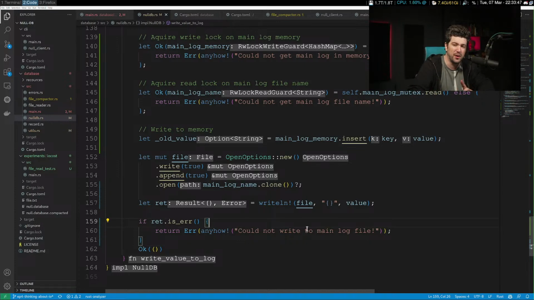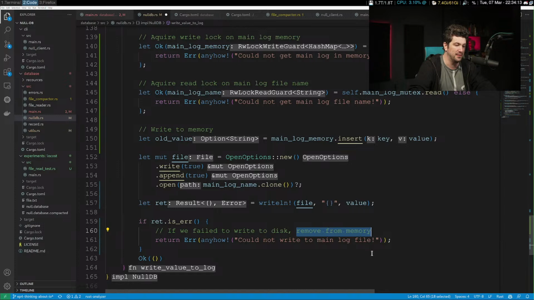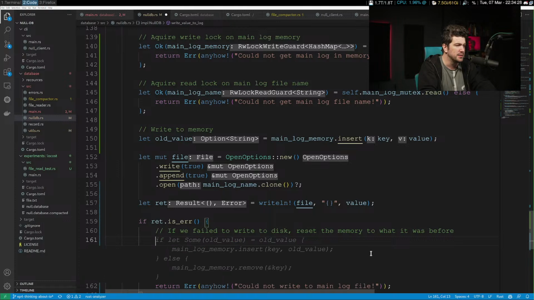But before we do this, this is where it becomes important. We must delete it. The old value is important. The old value is important. Don't put that underscore on there. How dare I? If we failed to write to disk, reset. Reset to what it was before. Brilliant. All right, so then all we do is if